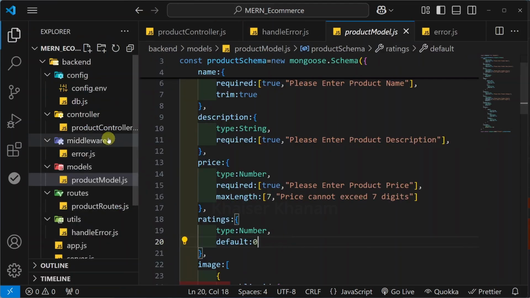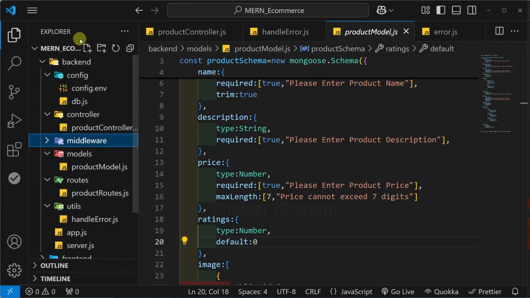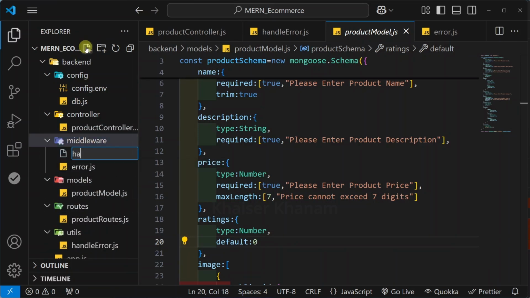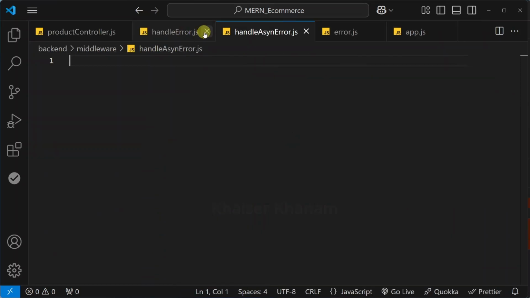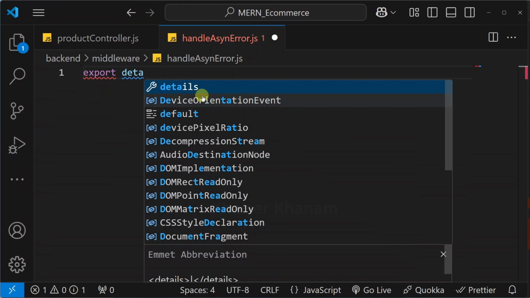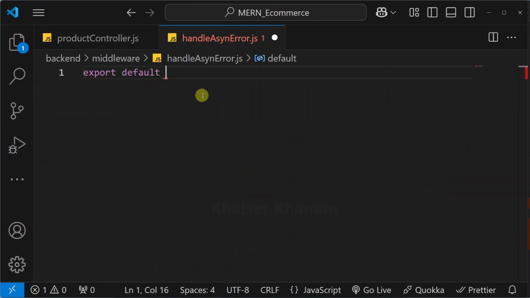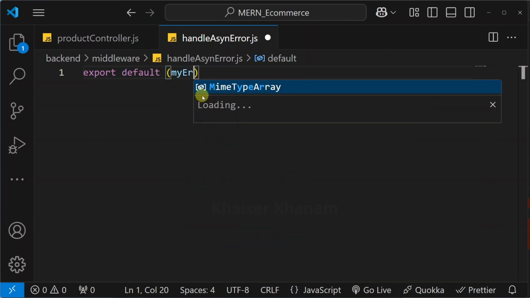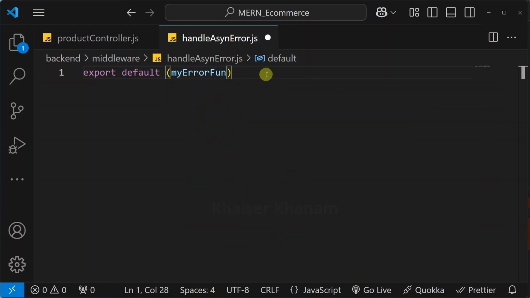For that, inside this middleware, we are going to create one file. I will give the file name as handleAsyncError.js. I will close these files. Inside this, I'm going to create the function. Directly, I'm going to do export default. And inside this, I will be passing the argument named my error function. This function, whatever we are writing, will be like a middleware wrapper using which we can easily handle asynchronous functions